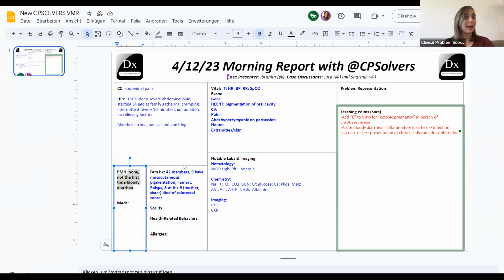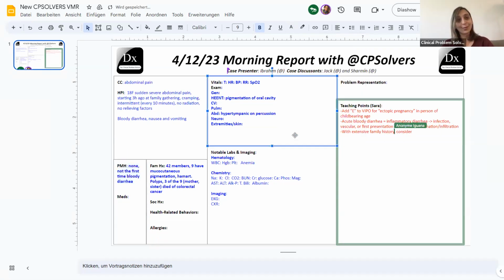And thinking about, hey, at baseline, a lot of her family members have had polyps. So what can happen to polyps? Polyps can bleed. So I wonder if that is part of the symptomatology that we can see. If there is a breakage in the mucosa, they're at higher risk of infections, which is another possibility here as well. And then the malignancy.